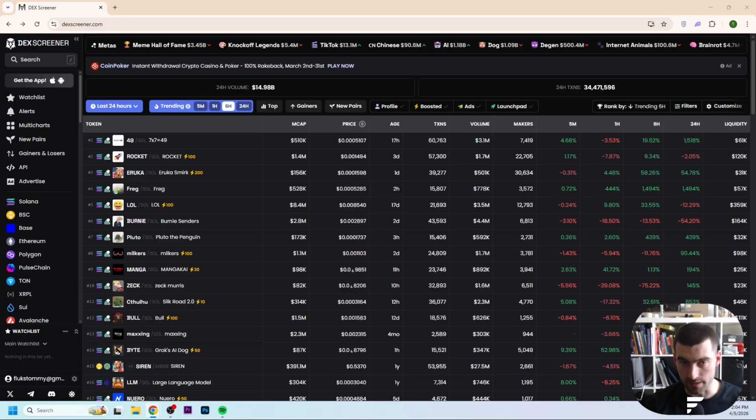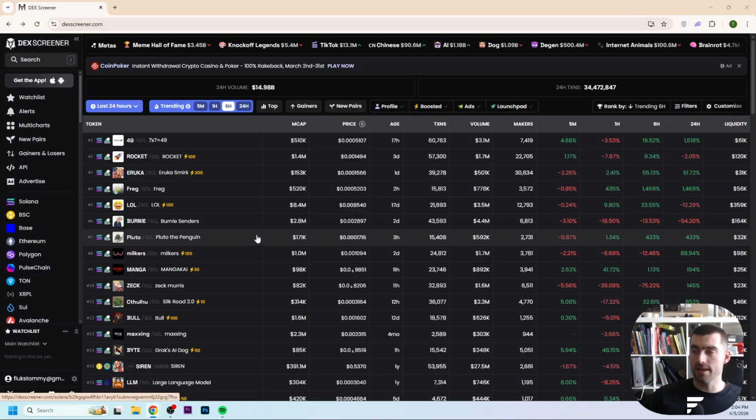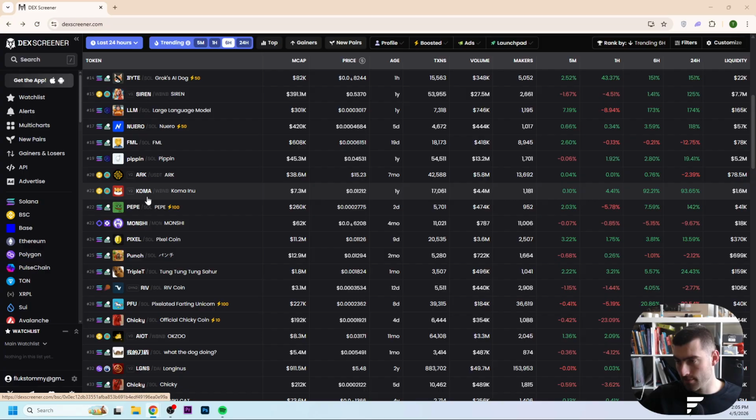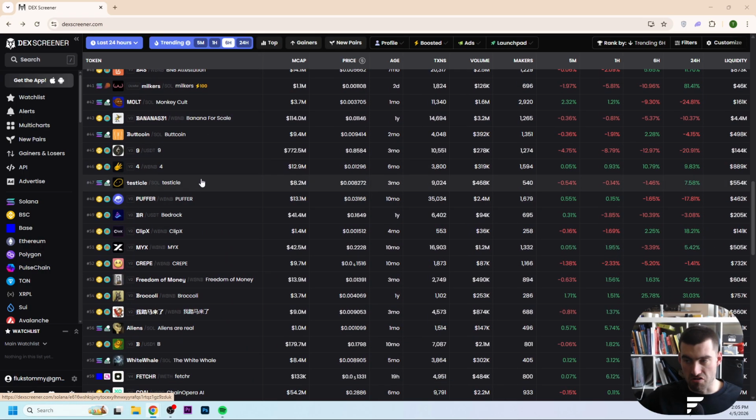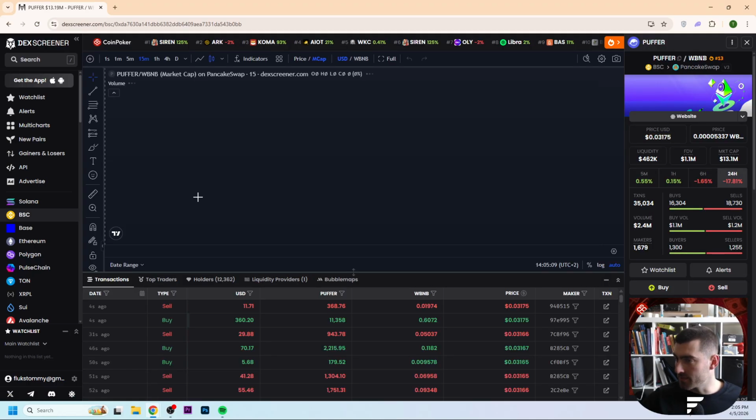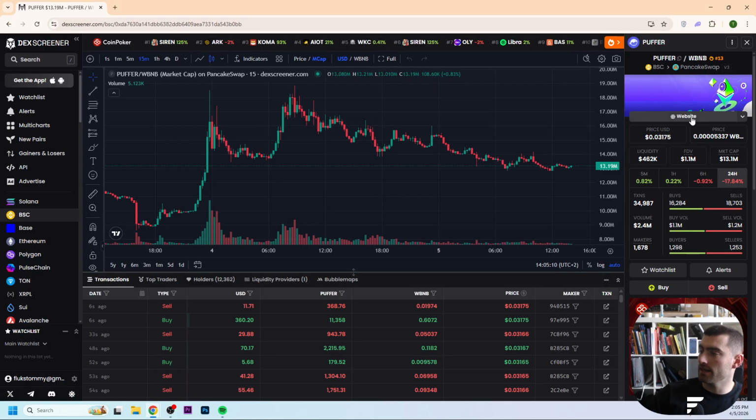on DEX Screener. So the first thing that we need to do is right here log in with your Google account, and then after that we go right here to a meme coin. So let's search for a meme coin. Let's use, I don't know, buffer. Fine. Then what we're going to do right here is you see here all the information about this coin, and